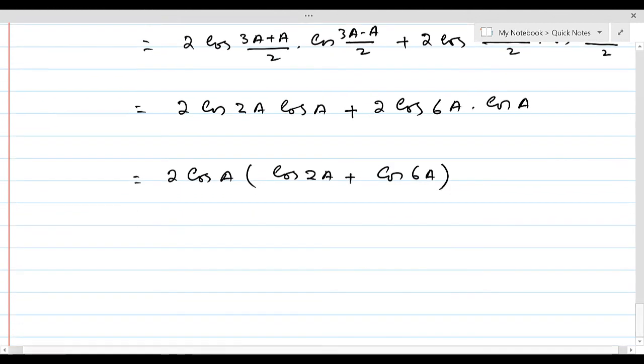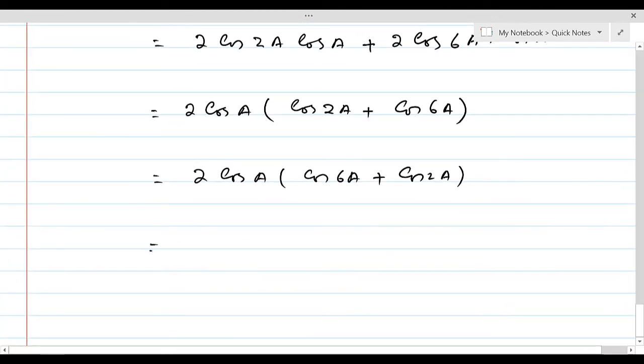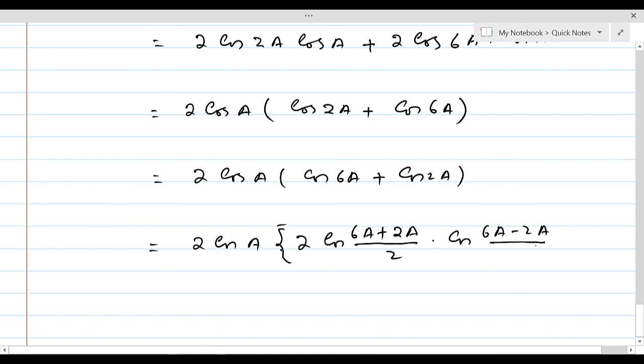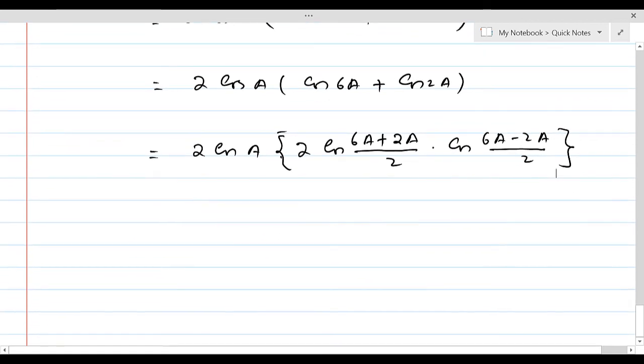And we can apply the same formula again, and this time if we rearrange it a little bit, we have cos 6A plus cos 2A, so that 2 cos A into 2 cos of (6A plus 2A) by 2 into cos of (6A minus 2A) by 2. And this will be equal to 2 cos of A